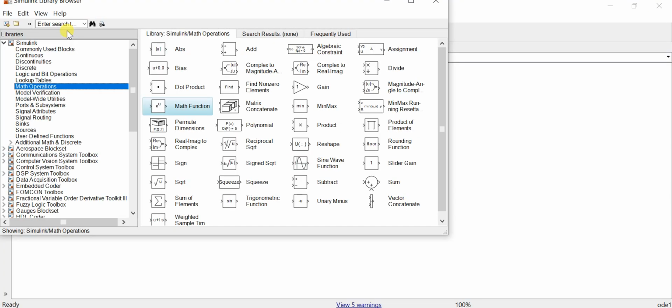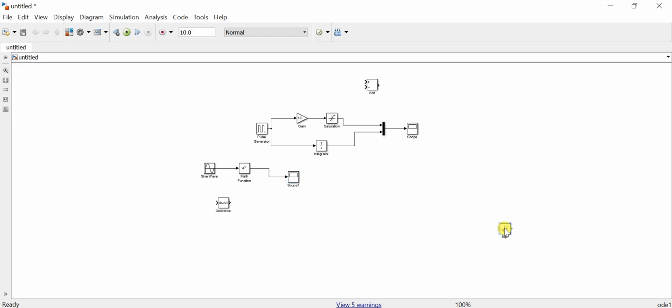You can take square root, but square root of a negative will give you a complex number, and the complex number cannot be plotted on that plot, so it will give you an error. Let's try to check. So I have deleted this and placed the square root. When you run it,